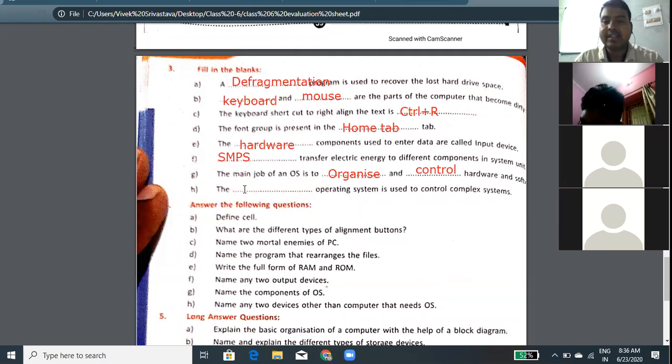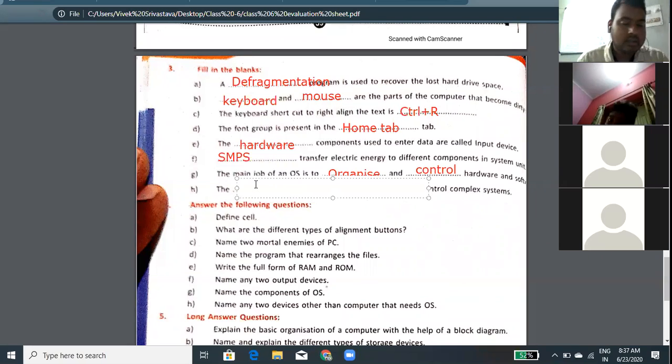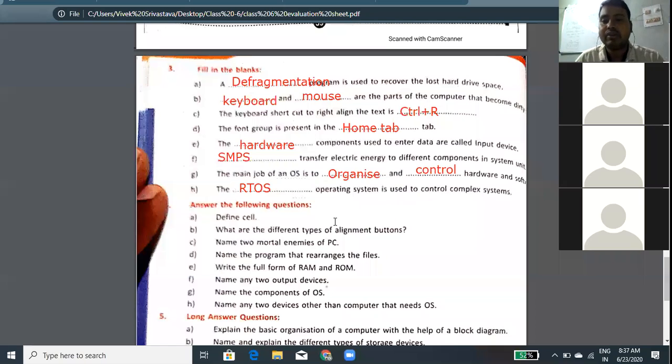The dash operating system is used to control complex system. Which operating system is used to control the complex system? Type RTOS, real time operating system. Okay.